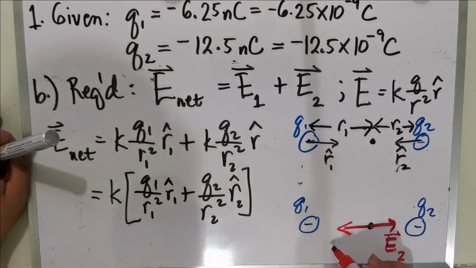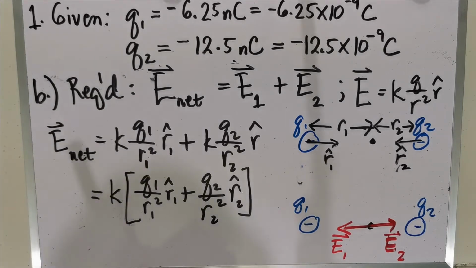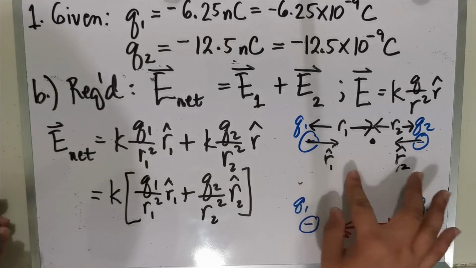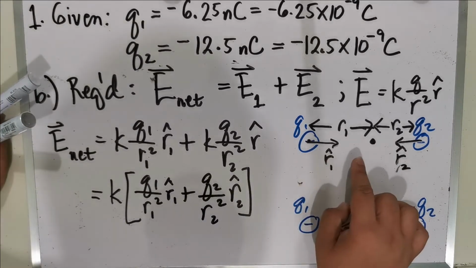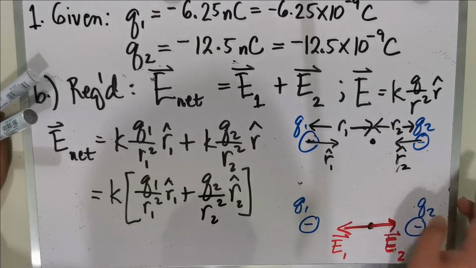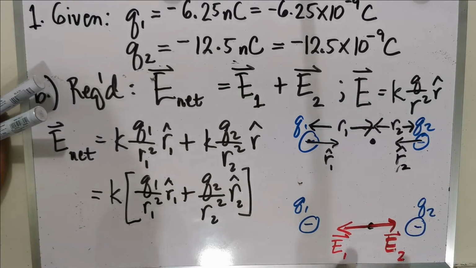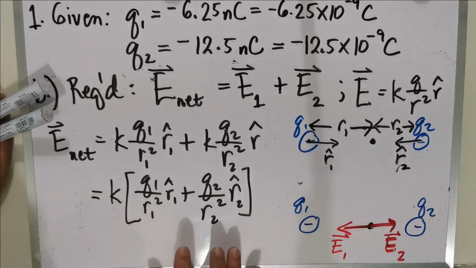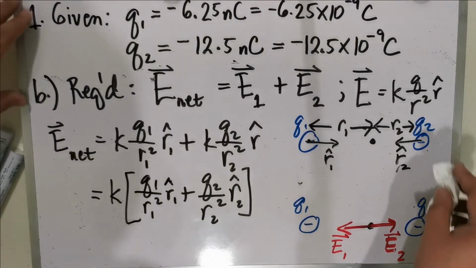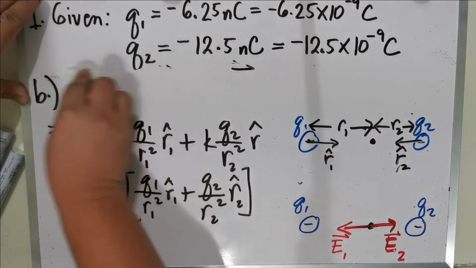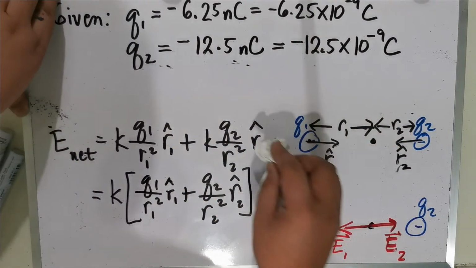Kanidre padulong dito ang imong E sub 1. So pwede na to without even using the idea nga ang R hat 1 is padulong sa right and ang R hat 2 is padulong sa left. Pwede na to mitan-aw ni nga direction daan ni para ma-determine na to unsa ang atong ibutan diri sa atong equation. So that would then be, if we try now to substitute the value on the equation, okay, so